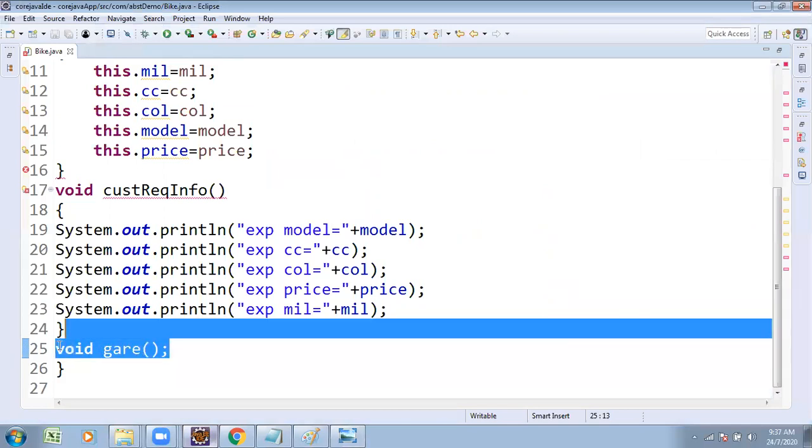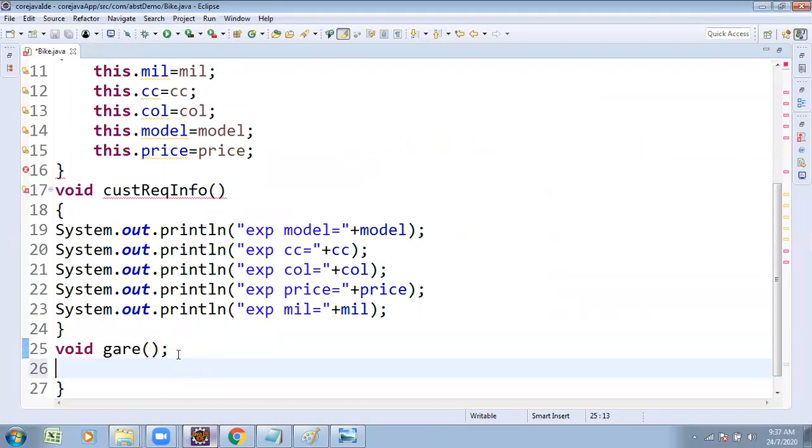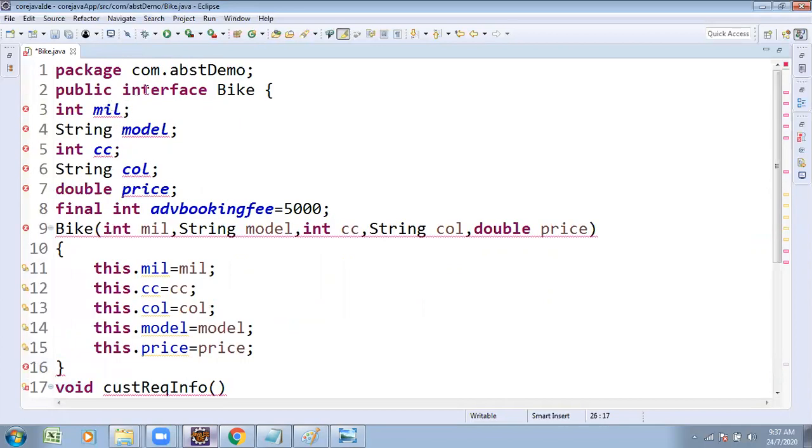Here gear methods are different and brakings are different. Some brakes are disc brakes, some are double disc brakes. Different bikes have different types of gear systems. Now we tried it as a class type.